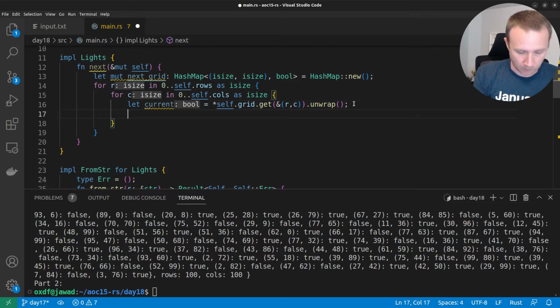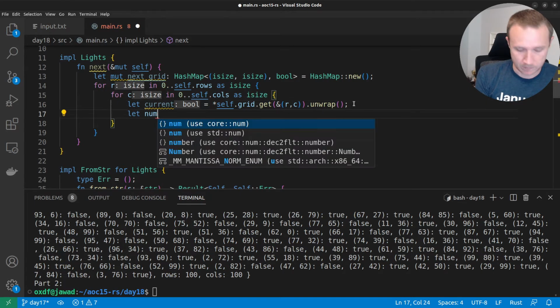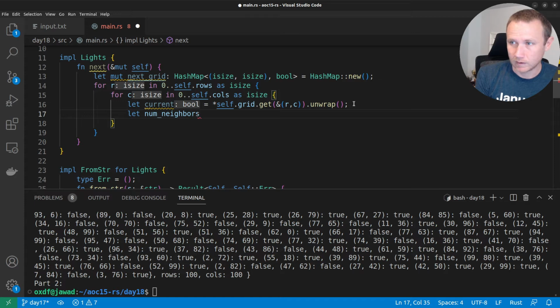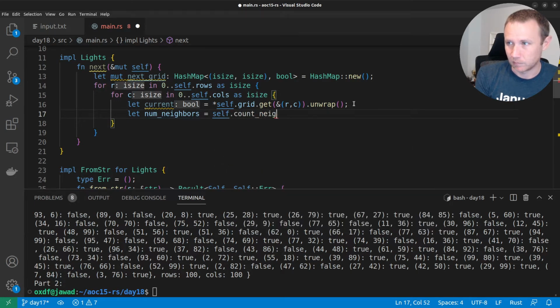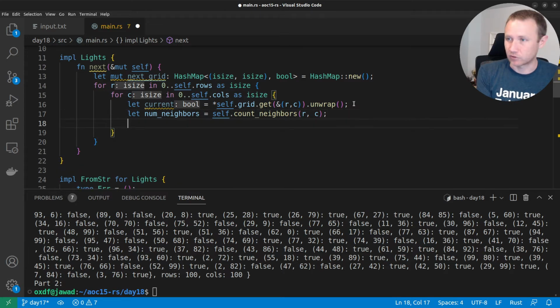Okay, so now we'll do let num neighbors equals self dot count neighbors. We're going to have to make a function here, neighbors, and that will take an r and a c. I think that's enough. Since we haven't made that function, it's certainly going to error when I save this. Now we can say let next equals, so for this point, it's going to be next if,